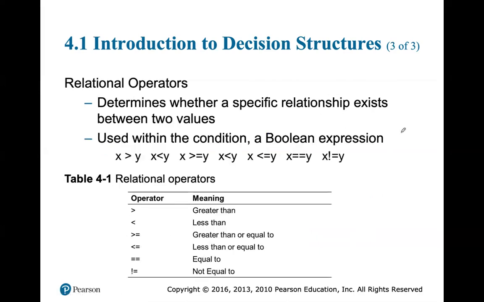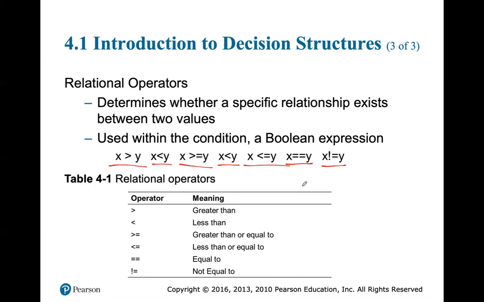Let's see. Relational operators. Relational operators come hand in hand with decision structures. Now we're going to have a little throwback to algebra, probably like 7th or 8th grade. I'm not quite sure, but a little throwback to algebra. So we have our relational operators. They are the same as in algebra, most of them. However, we have a couple more. So this one is new. This one is very simple. This just means not equal to. Now this is greater than, less than, greater than or equal, less than or equal,